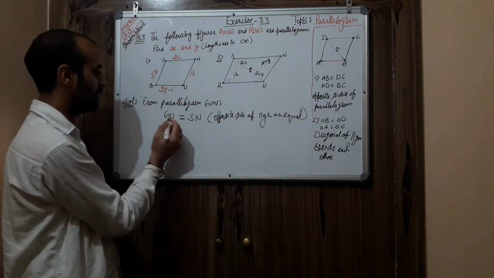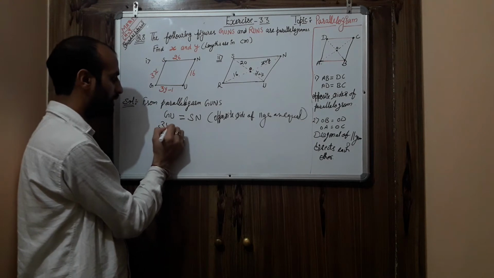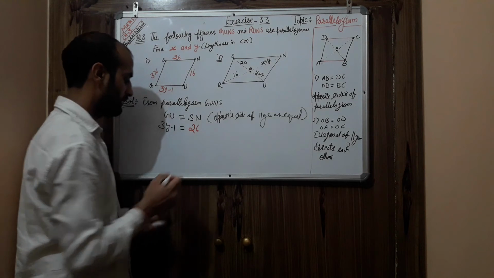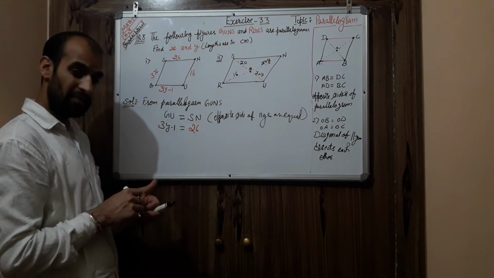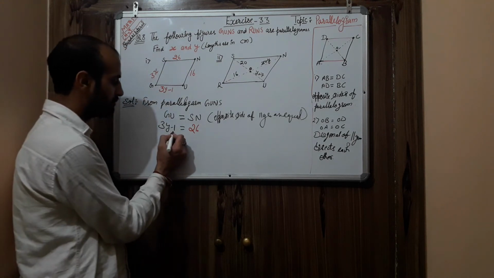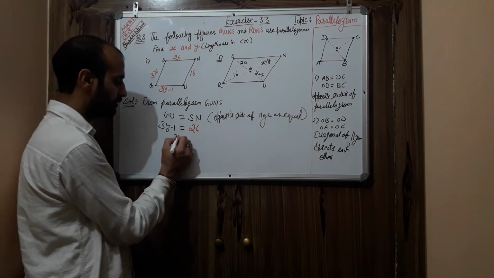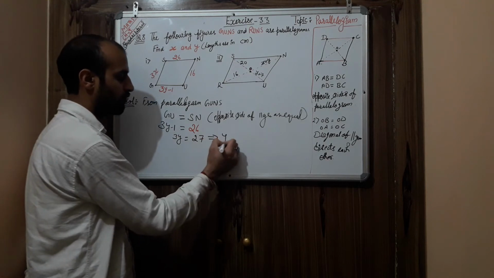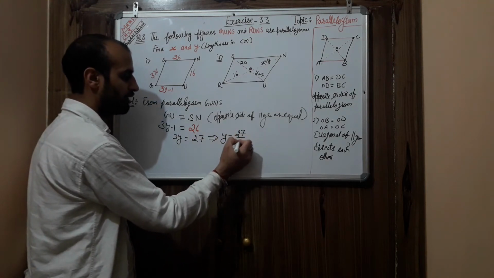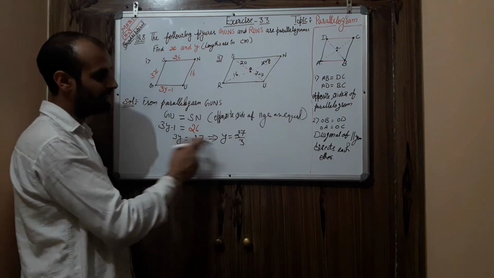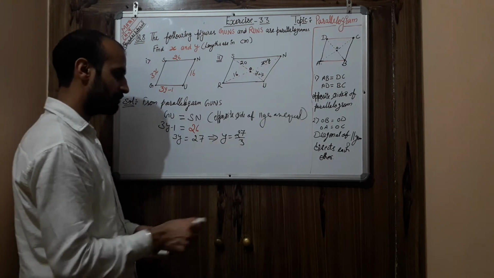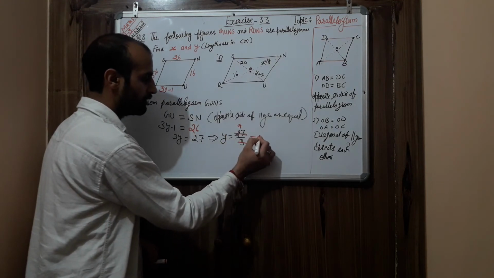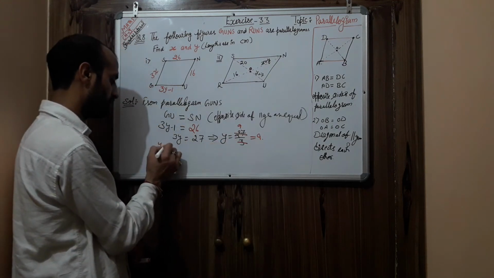So let's see what is the value here. GU is 3y minus 1, which is equal to 26. Next step, as usual we are solving this: minus 1 I am going to shift to this side, so it becomes 3y is equal to 27, which implies y is equal to 27 upon 3. Because 3 is in multiplication, definitely it will go to division. Now if it is cancelable, you can cancel here: 3 nines are 27. So this implies y is equal to 9.